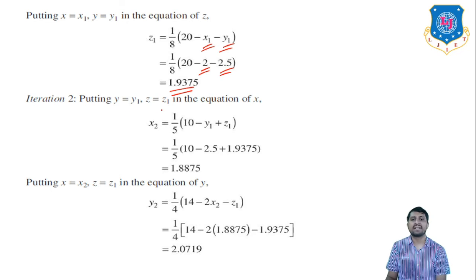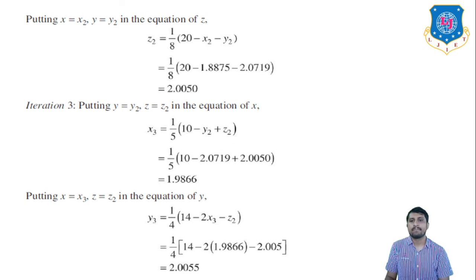Iteration 2. Now to find x2 we have to use y1 and z1. So (10 minus 2.5 plus 1.9375) divided by 5, so you will get x2. Putting x equal to x2, z equal to z1 in the equation of y, y2 is equal to (14 minus 2x2 minus z1) divided by 4. So 14 minus 2 into 1.8875 minus 1.9375, divided by 4. So that is